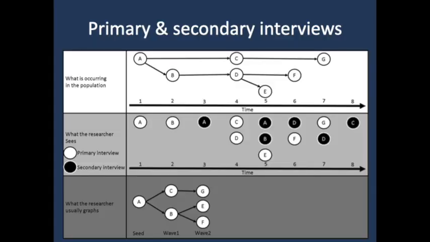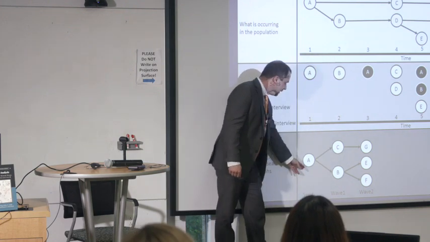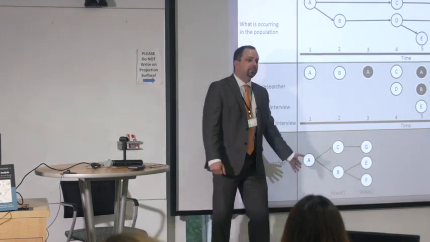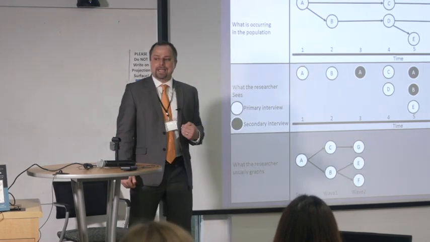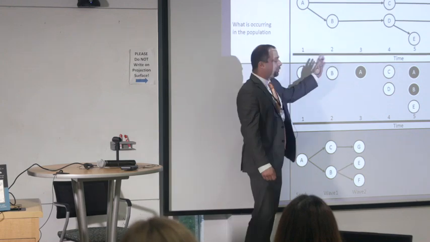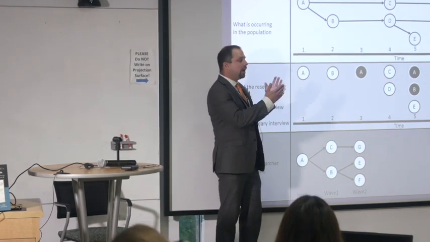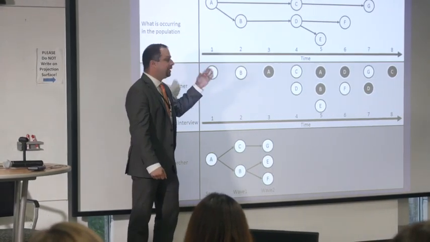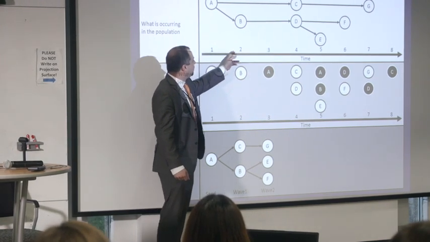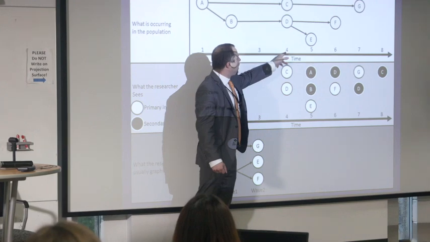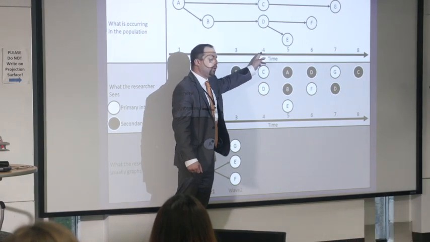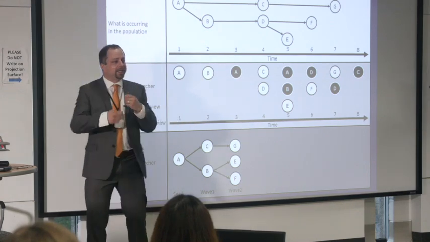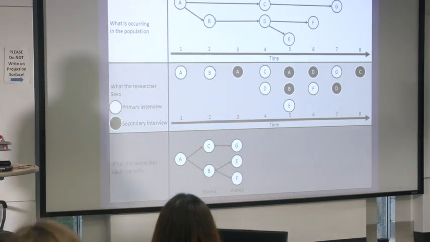So with RDS, we typically graph it like this on the bottom. You saw the graph I showed earlier of how the nodes unfolded in what are called waves. So you have a seed node, then a first wave, and then a second wave. We typically represent the data collection like that, but in practice, what actually happens in the field is that individuals are recruiting over time, and there is potential for someone who's in a wave to be recruited sooner than someone who's in a different wave, right? For instance, this person here is in wave 2, and then you have one person from wave 2 and 1 person from wave 1 recruited at time 4. So you can get some reversals in time ordering that are worth paying attention to.